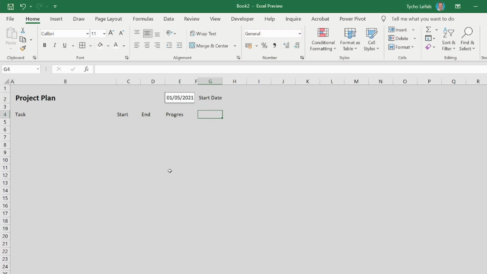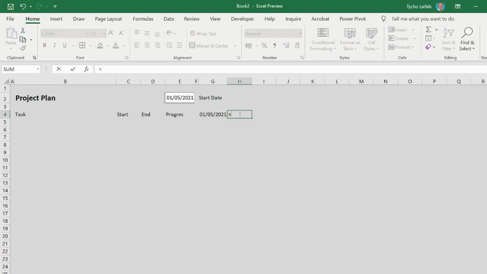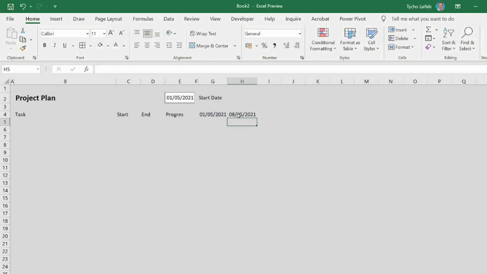And here in the field, I would like to start with the first date. So I'm referencing the date that was entered. And then, as I would like to have a weekly separation, I'm gonna copy this cell and add 7 days to it. This can then be